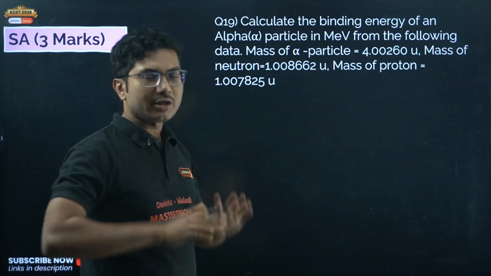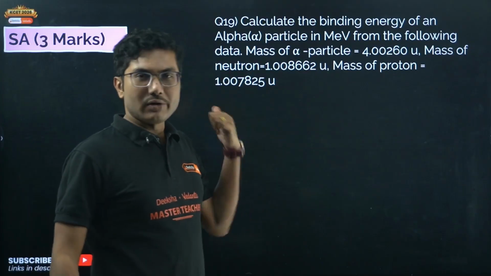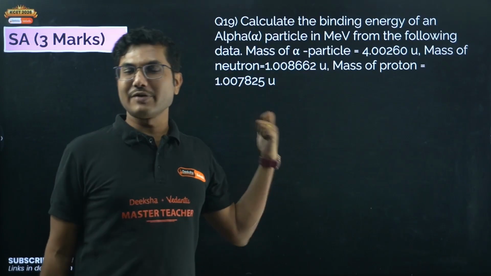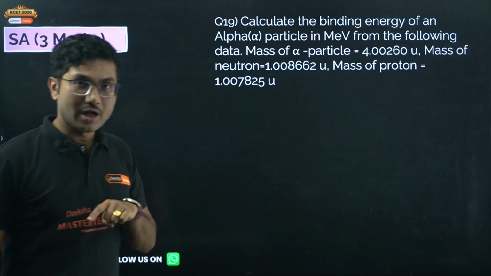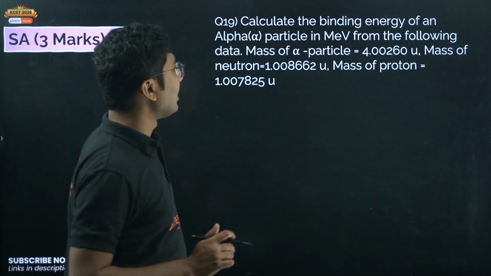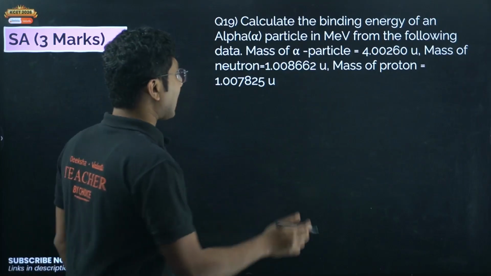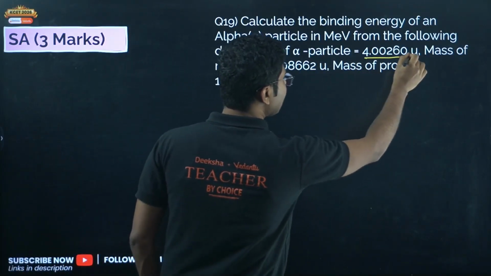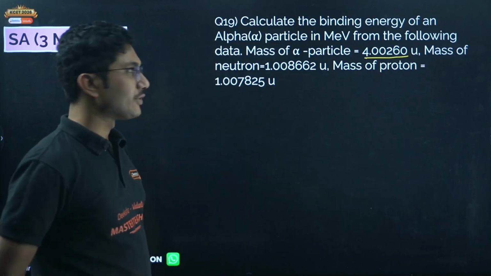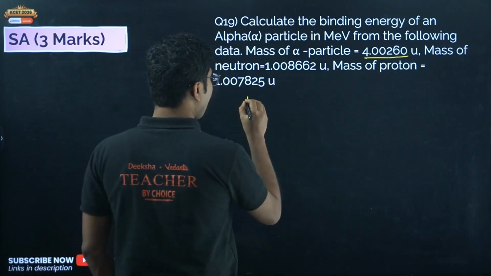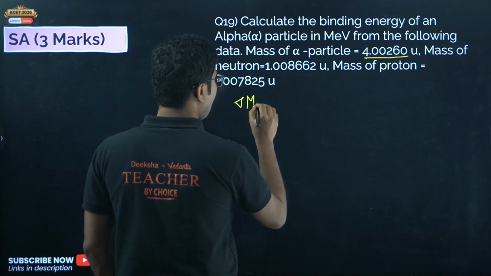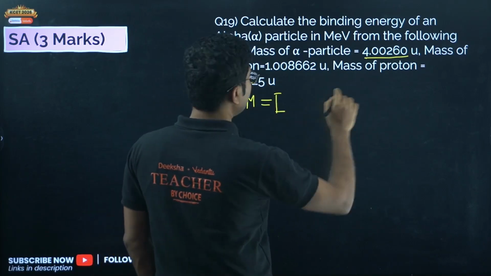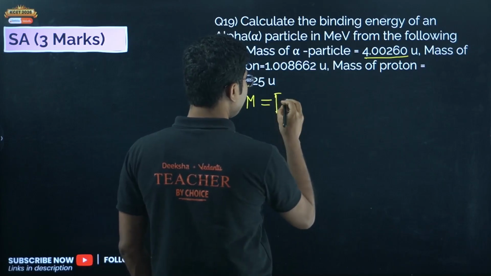I will not do the exact mathematics. I will just tell you how to calculate it. You have to do the mathematics yourself and tell me the answer in the comment section below. So what is the calculation? Mass of alpha particle is 4.00260. So we have to calculate the mass defect. Delta m equals mass of neutron,